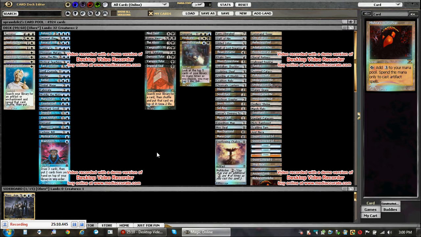I will say it's nice to be able to sweep and then have access to another sweeper, and it is nice to be able to Verdict when you need to against somebody who's got some way to counter, like the wizard that sacrifices a wizard to counter target spell, something like that. That's pretty nice, but overall, I'm not sure that it's necessary. So